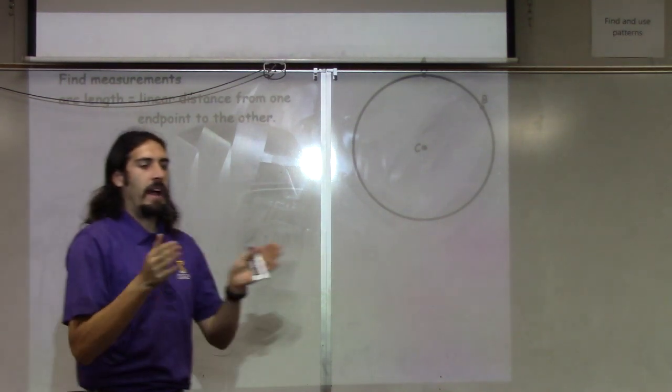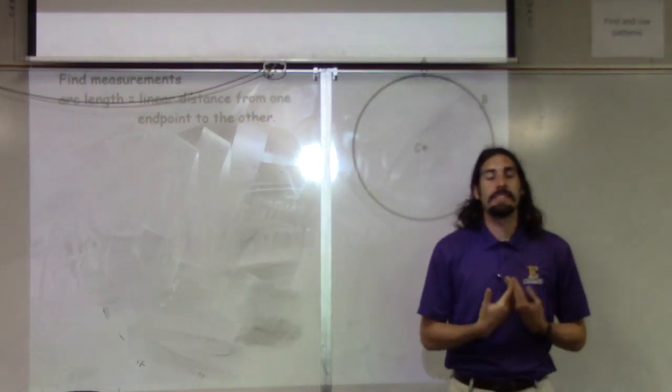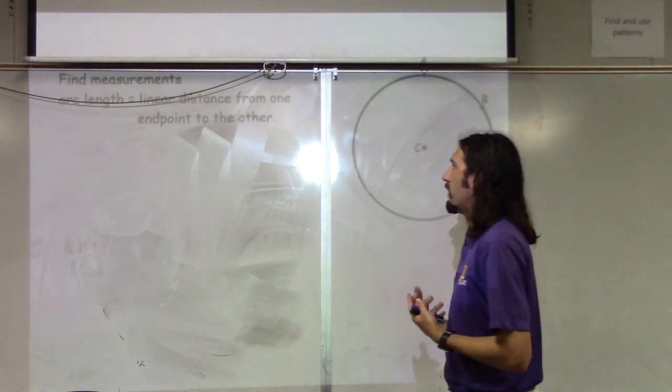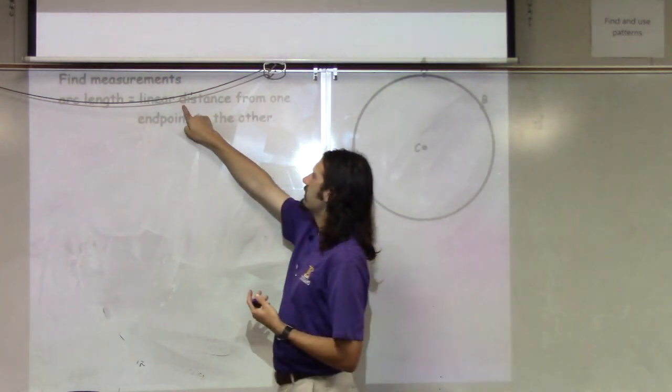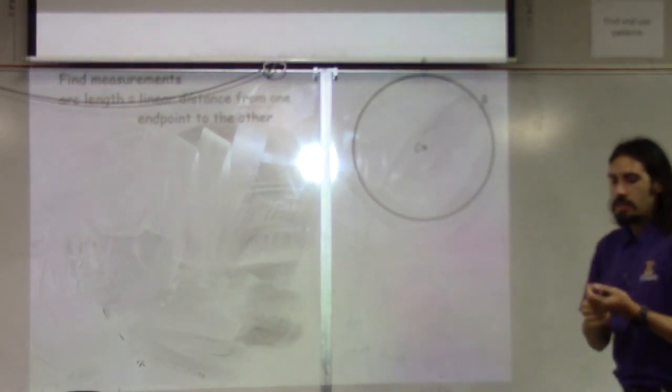It is a reference for how much of the circle you have. Arc length is just that. It is a length. It is a linear distance. And so the idea is arc length is the linear distance from one endpoint to the other. Okay? So for example,